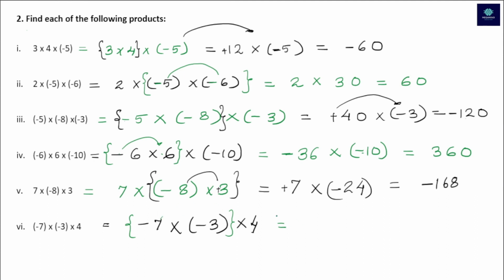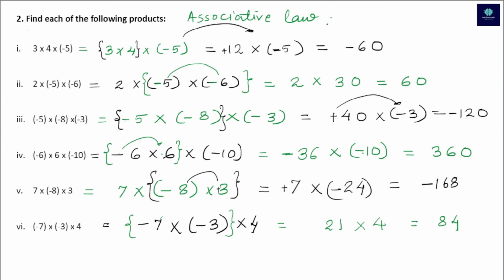So 7 into 3 is 21. Minus minus is plus, so it is just 21, and it is getting multiplied with 4. And we know that our answer will be 84. So in question number 2, we have followed associative law,